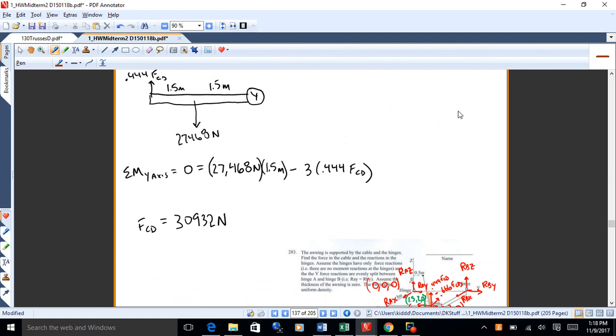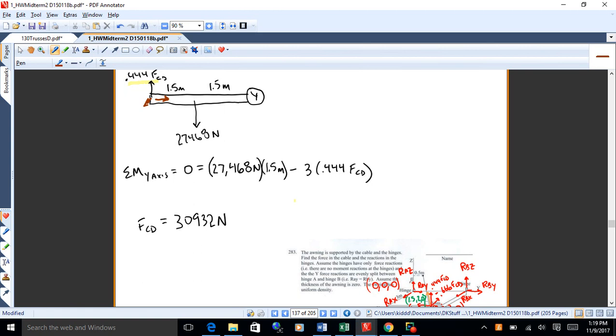And notice how I'm taking that expression for the force. It's got an x, y, and a z component for FCD. The z component is the only one that will cause a moment about the y-axis. So that's the only one I'm showing on this sketch. The y component comes right out of the board towards you. The x component acts in towards the x-axis. So the components look something like that. The only one that really relates to the moment about the y-axis, though, is the 0.444 FCD, which is the